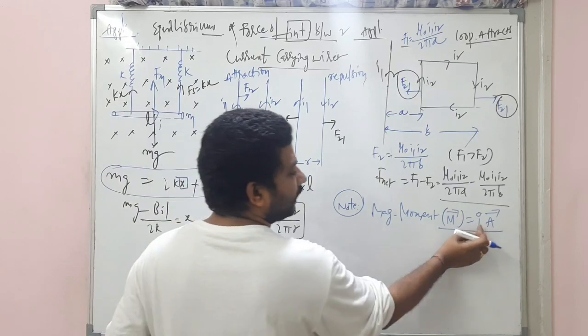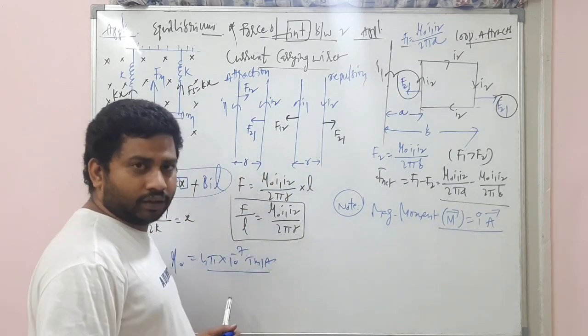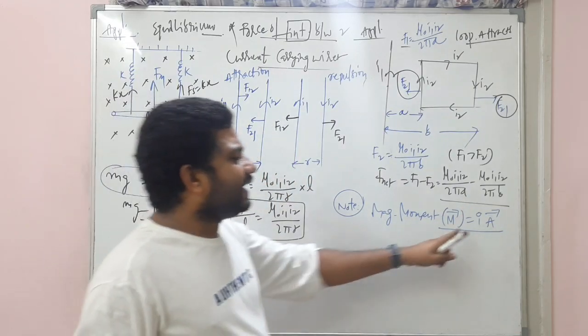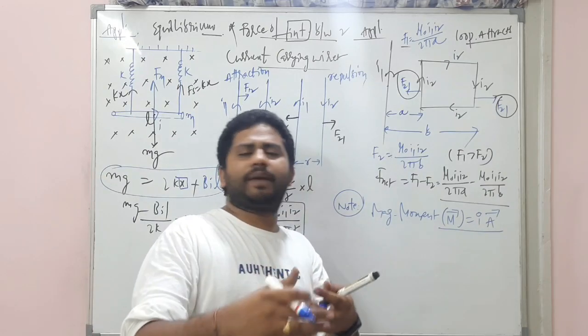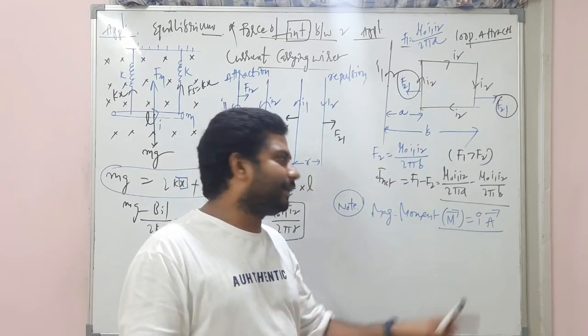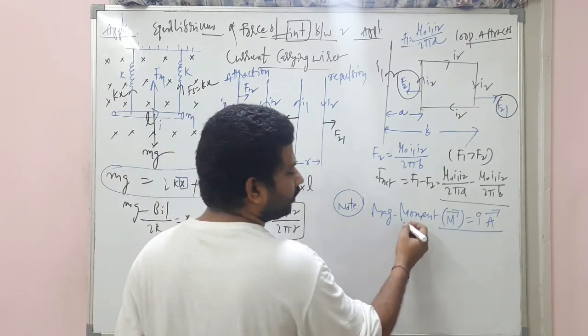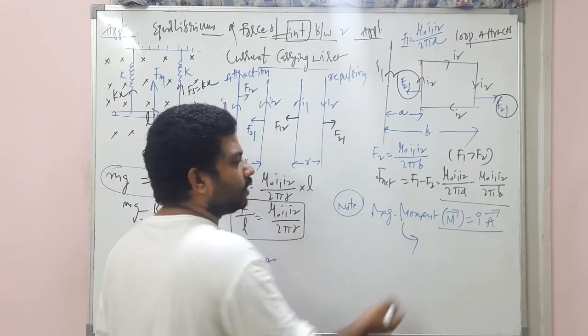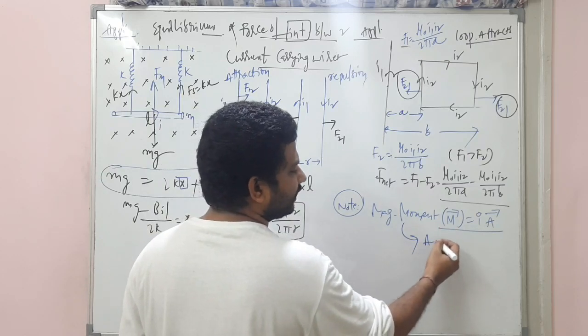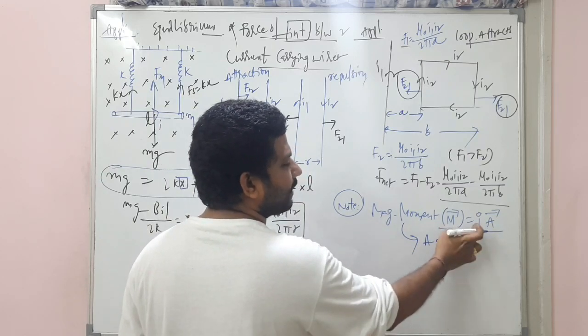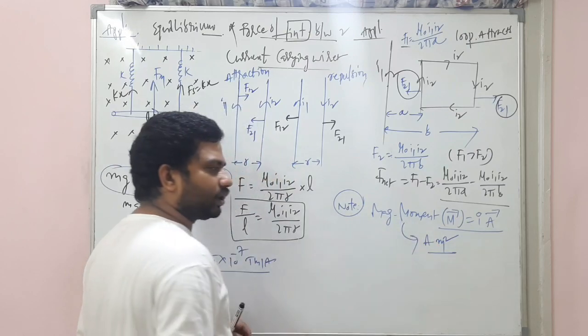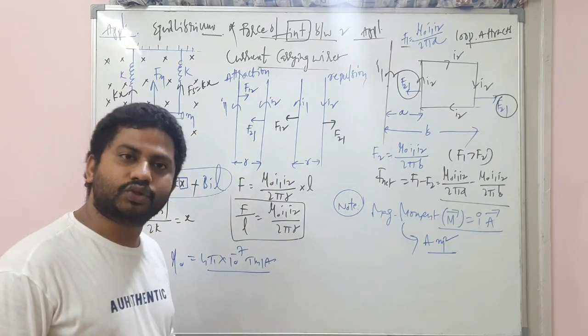A bar is a vector, I is a scalar, just I, maybe 1 ampere, 2 ampere, 3 ampere, whatever it may be. It is just the multiplication with a vector. So what is the SI unit of this magnetic moment? The SI unit of magnetic moment is ampere per meter square. This is ampere, this is meter square. Very important, right? Ampere per meter square.